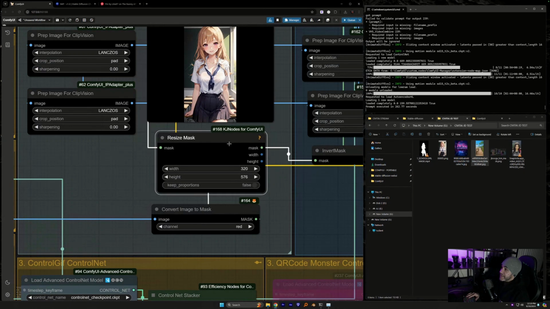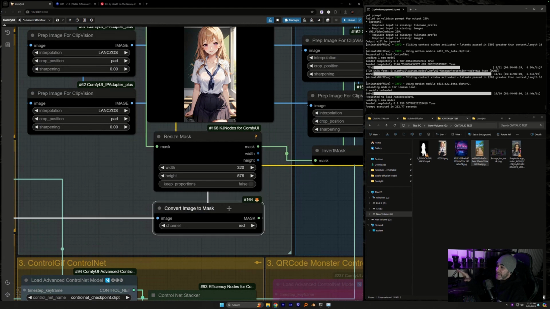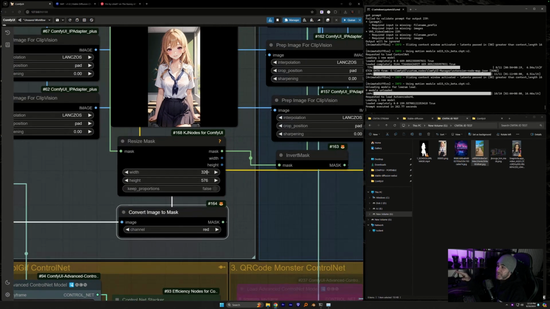These nodes down here, this resize the mask, is making that alpha mask you're loading smaller so that you don't CUDA out. So leave that alone. Even when I've done wide, you can switch these values around, but I haven't switched them and everything's worked totally fine. I don't make the rules, but just know that that's there.